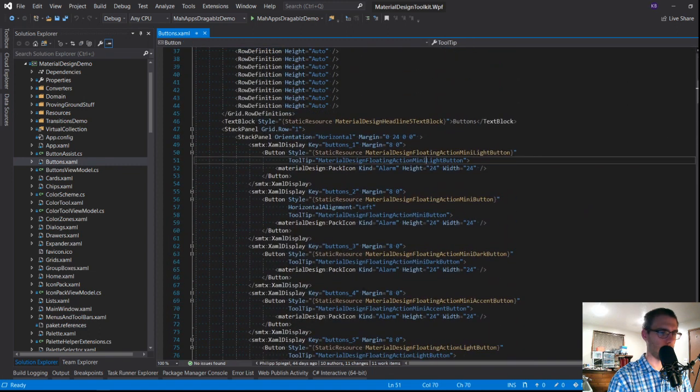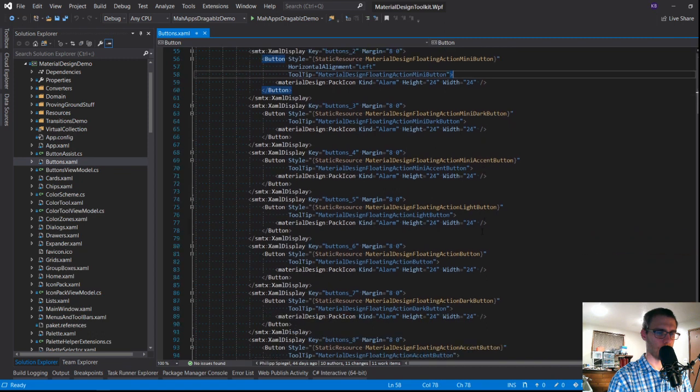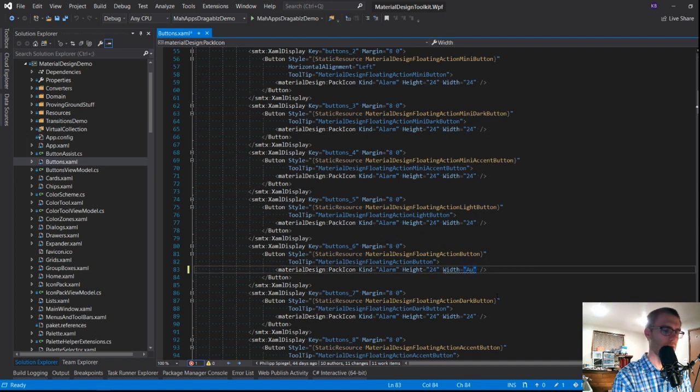So button with pack icon. And this one was specifically the floating action button. So let's do floating action button. And then what were the properties? On this guy here, height and width was explicitly being set to auto.